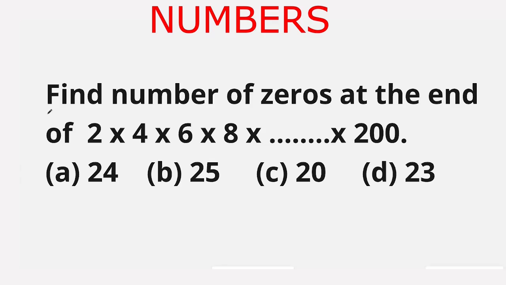Our question is, find the number of zeros at the end of 2 multiplied by 4 multiplied by 6 multiplied by 8 multiplied by up to 200. The given options are option A 24, option B 25, option C 20,